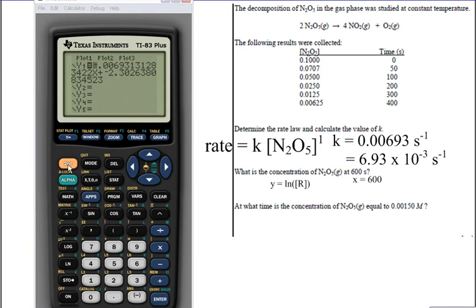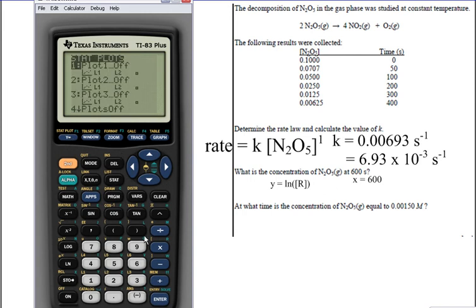I could also hit second and Y=, which brings me to the stat plot, and turn on one of these plots. Let's turn on Plot 1. I want it to do a scatter plot. But I don't want list 1 and list 2, I want list 1 versus list 3, because list 3 is where we stored the natural log. I hit enter again. If I hit graph,